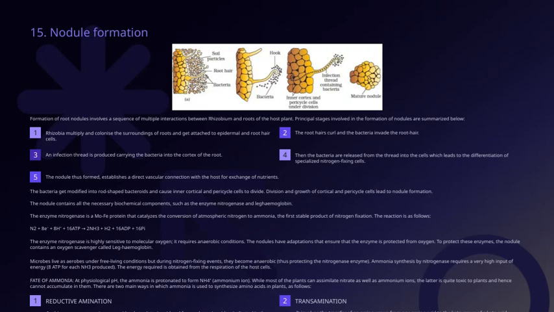Let's now look at the key role glutamic acid plays in amino acid metabolism. Glutamic acid is the primary amino acid involved in the transfer of the amino group, or NH2, which is crucial for forming other amino acids through a process called transamination. This reaction is catalyzed by an enzyme known as transaminase. Essentially, transamination involves transferring an amino group from one amino acid to the keto group of a keto acid, facilitating